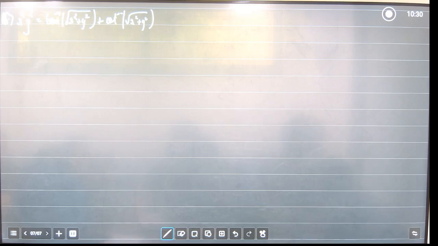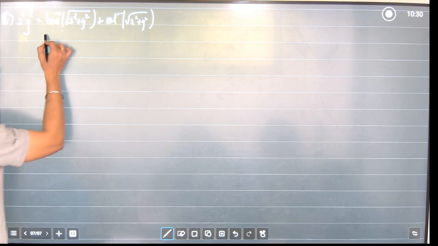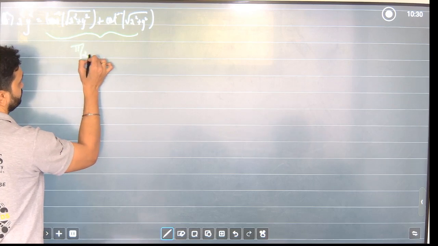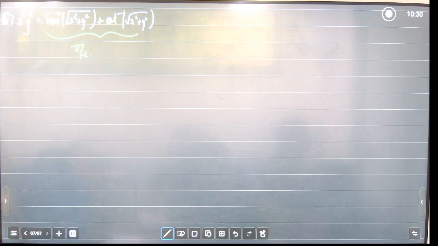Derivate? Right? Because I have tan inverse x's derivative also and cot inverse x's derivative also. Now, sin inverse x plus cos inverse x is pi by 2. Tan inverse x plus cot inverse x is pi by 2. And cosec inverse x plus sec inverse x is pi by 2. So what will the answer directly be? Pi by 2. So my question will become